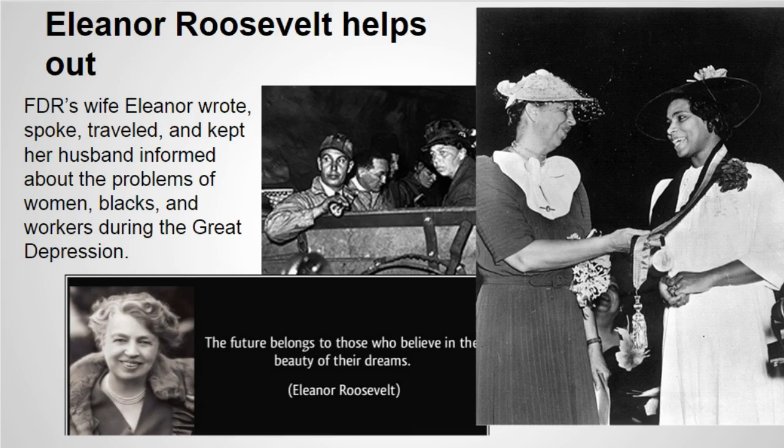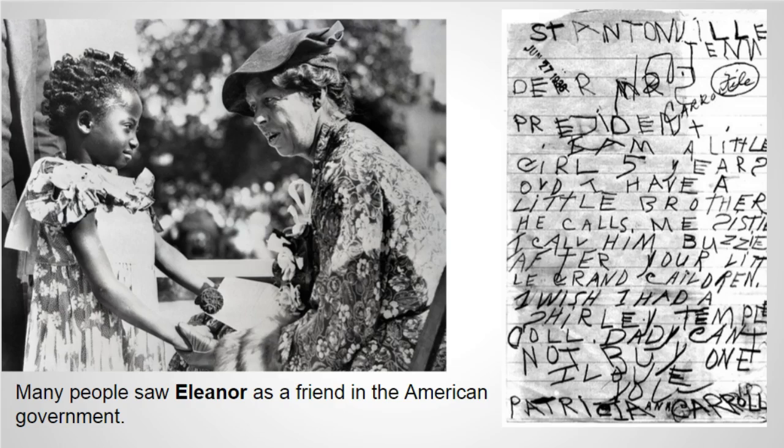In the middle of the page, you see her with miners in West Virginia. On the right, you see her with the great black singer Marian Anderson. Marian Anderson was prohibited from singing at a concert hall in D.C. because it was segregated. Thanks to Eleanor Roosevelt, she was able to sing instead at the Lincoln Memorial in 1939 at a very famous concert, which you can hear on YouTube.